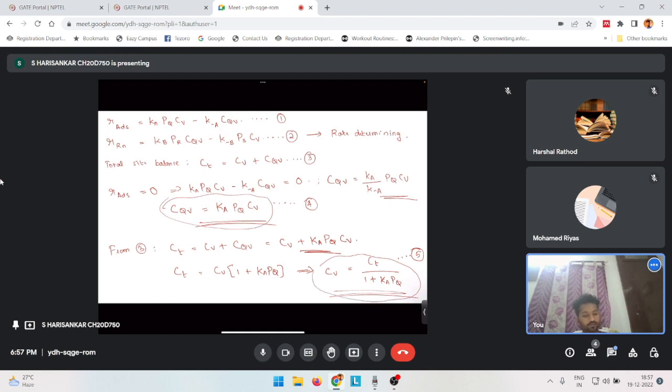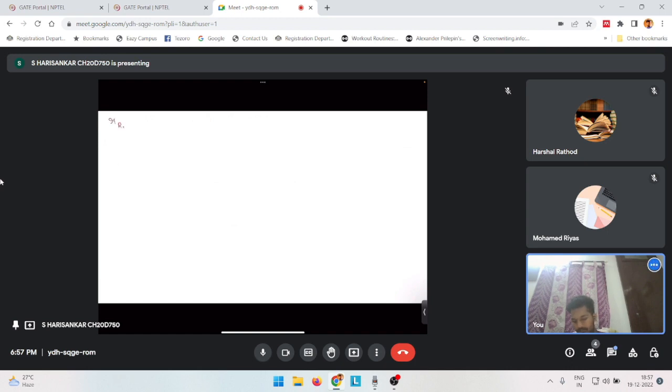Now we will substitute these values for CQV and CV in our rate determining step, which is our reaction rate. So our reaction will be the rate determining step, so that will be R overall, and that will be equal to Kb PR CQV minus K minus B PS CV. So substituting for CQV and CV, we get